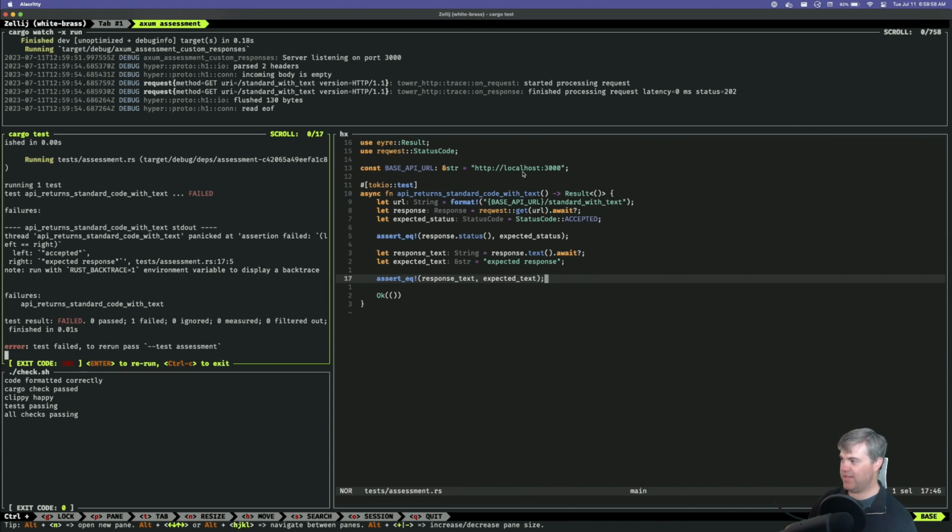Failed, but only because the left doesn't equal right, so I want expected response instead of what I had there with accepted.